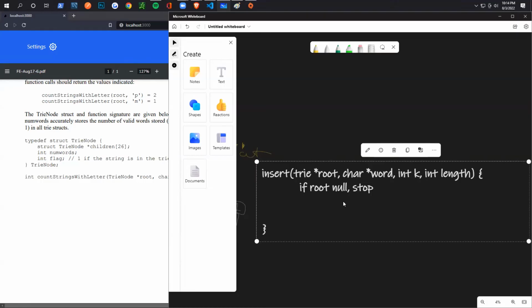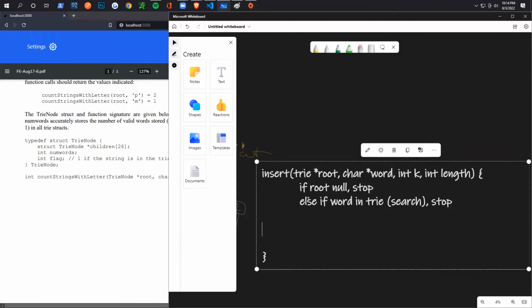Another thing. So you do word K, right? You're gonna do something like that. If the word is in the trie, so this is searching, then stop. So this is another base case. And now after you found out that it's not in there, the whole idea is gonna say